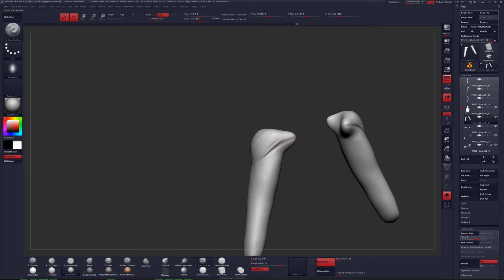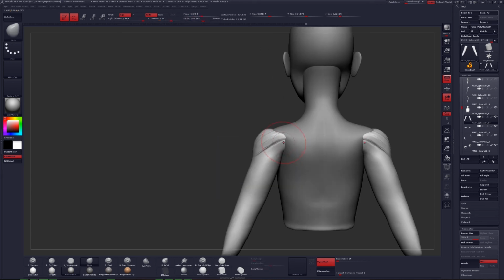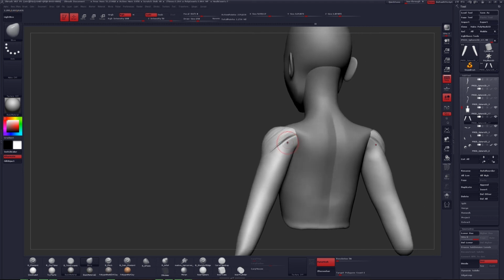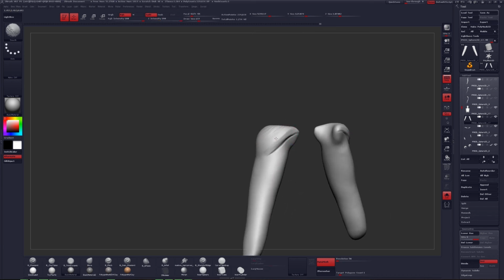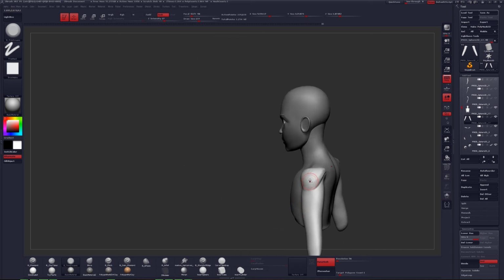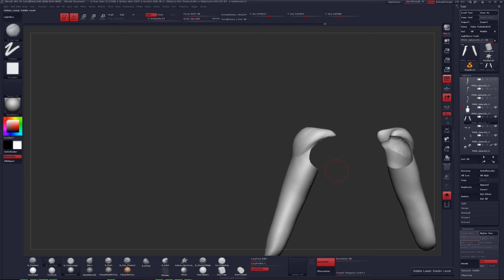So I'm gonna use a standard-ish brush to put that in, and then pinch it in as well. Kind of try to get the same thing going on for the back head of the deltoid. That should be going up and in a bit, I think, as well. It's not exact where I want it. That's okay. Adjust it, play with some stuff, and we're getting pretty close to where I think we want to be on this torso, so we can start messing with the face in the next episode, getting a bit closer. But before we do that, I think